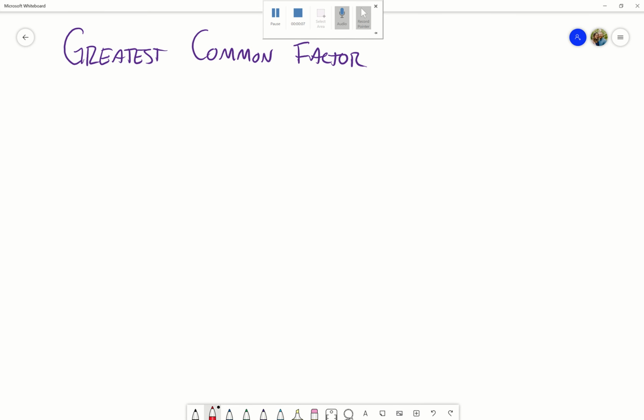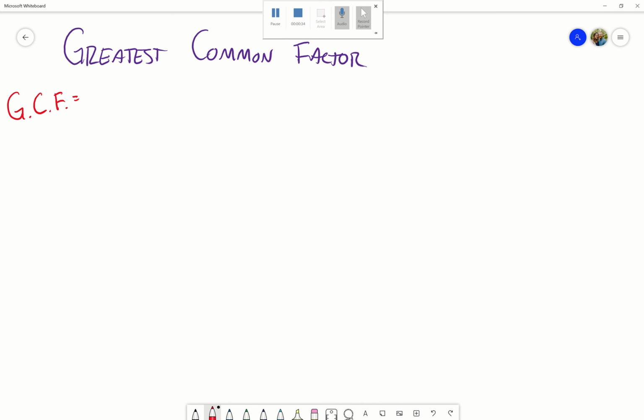Today we're talking about the greatest common factor. And what is the greatest common factor? It's kind of what it sounds like. It's the factor that is the biggest that is in common in two or more numbers. So the greatest common factor, or the GCF,